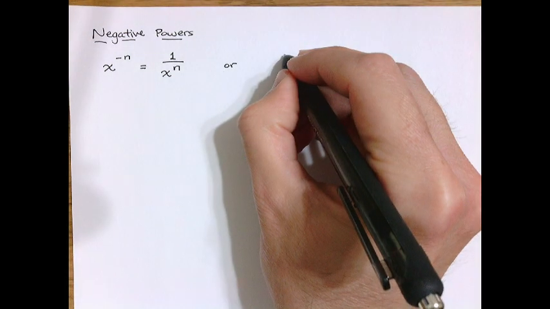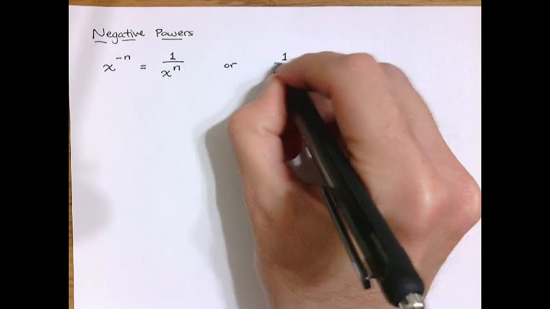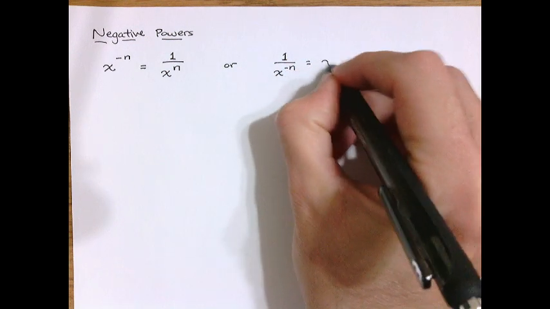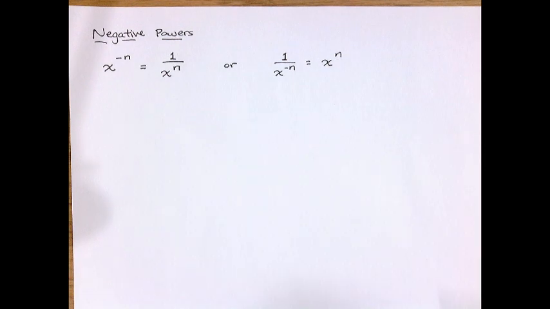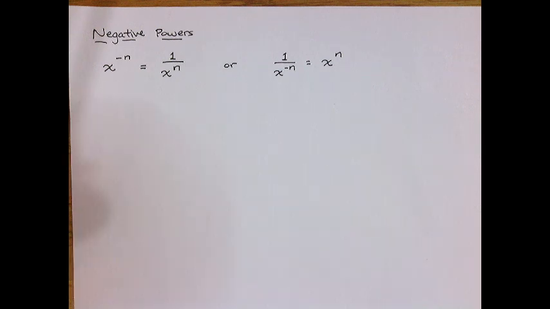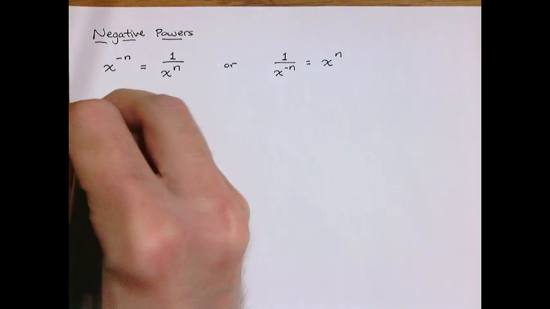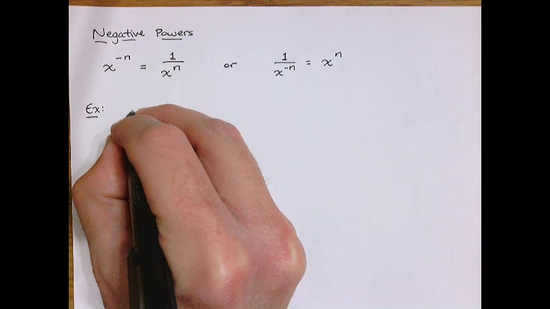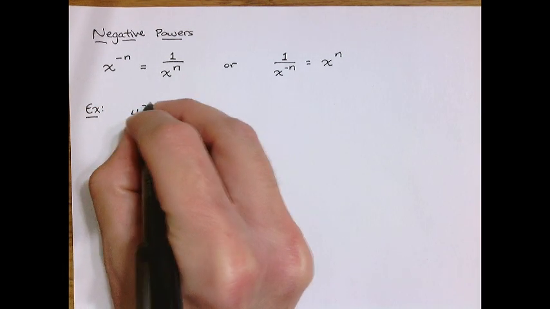Or, if you have a negative power in the denominator, you can flip that over and make it a positive power like that. And that's really the key thing to understand here, is that when you have a negative power, you're just going to be doing the reciprocal with that. For example, if I need to evaluate 4 to the negative second power,